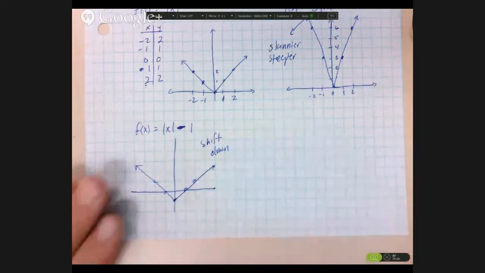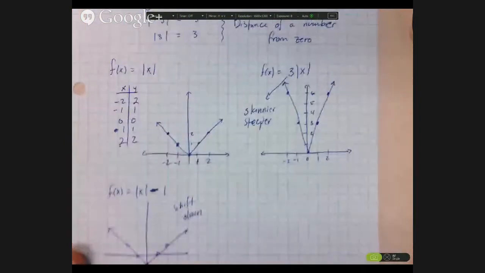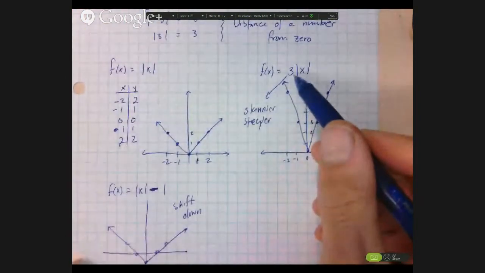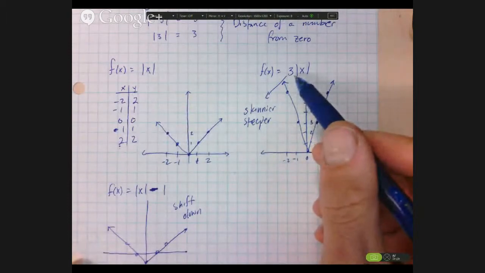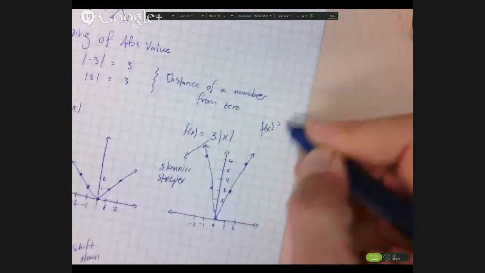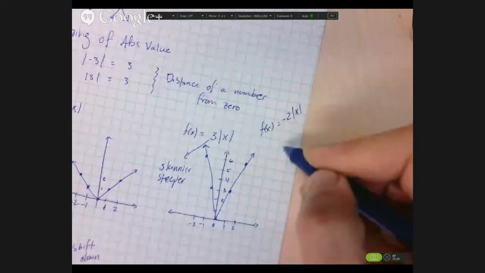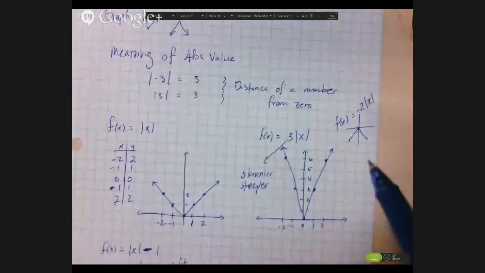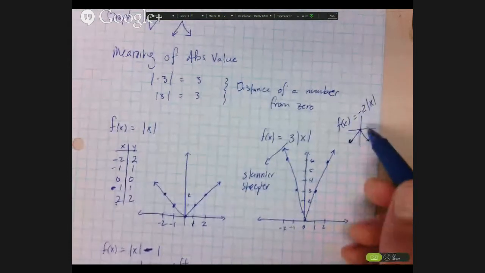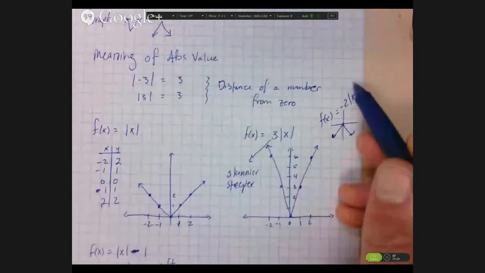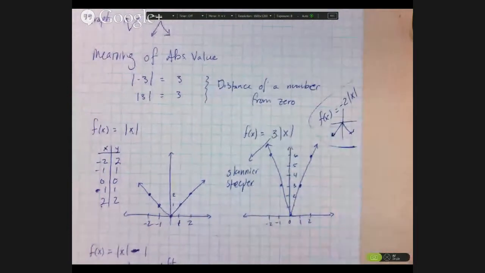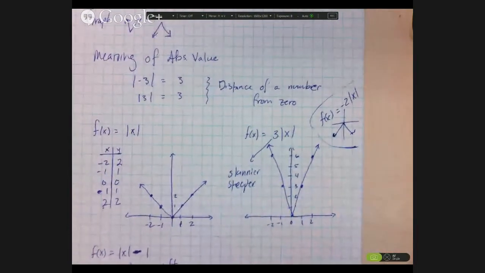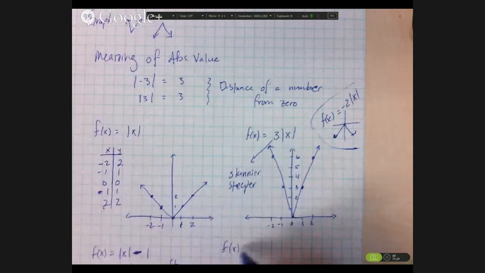What is a positive number in front? If this number is positive, it opens up. If it's negative, that's when it flips it over. So if I did this, it really has no effect on the graph except that it makes it flip. That is what a negative would do. Some of you have kind of gone that direction, so FYI. The last one you'll run into,